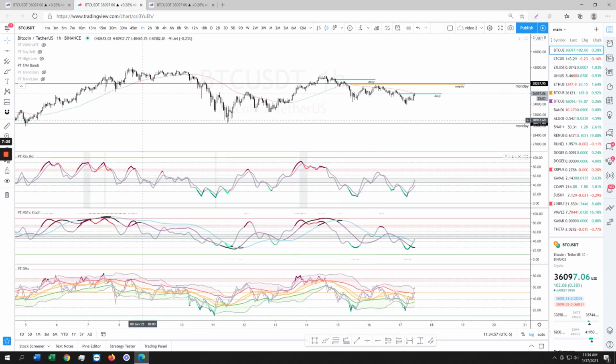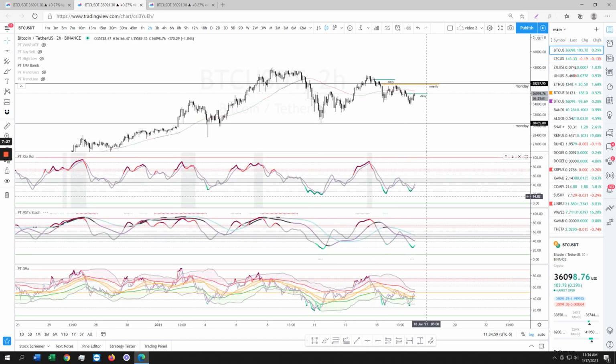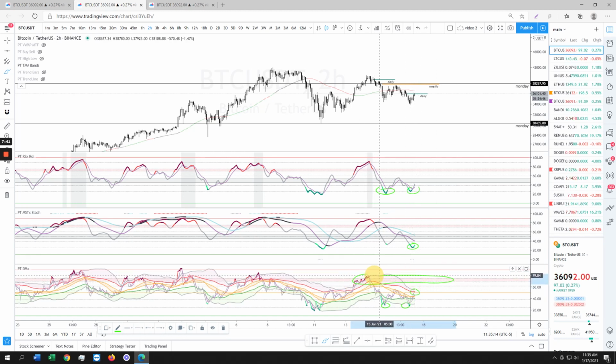So anyway, talk about BTC. 1 hour div, guys. 2 hour div as well on the RSX. Again, your RSX divs are very strong. Do not ignore them. Your Stoke has a curl with an algo fire. Solid for more upside. Double bottom on the DMX. DMX showing that we're about to get rejected or break above the red line. If we get above the red line, we're going to target up here, which is going to be a beautiful, roughly about $800 to $1,000 move.